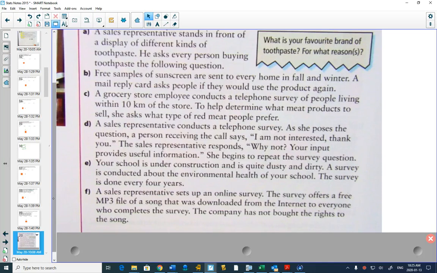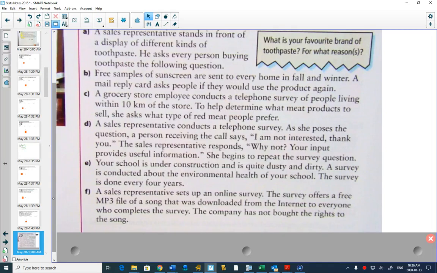Okay, so they're doing this survey every 4 years, so it's not up to date. So they're doing a new one. But what's the problem with doing the new one? What do you think, Duncan? They're doing it while it's repaired, so that's not really a fair survey if they're doing it while it's being repaired. Yeah, will people give results that our school is dirtier than normal? Yes. And if they only do it every 4 years, then they're going to think that it's dirty for 4 years. So.